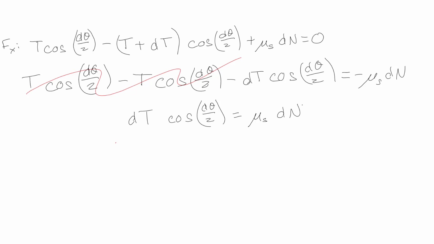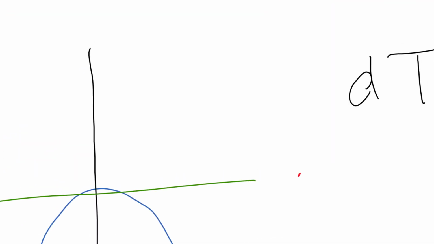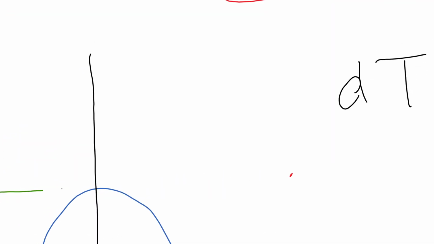Okay, now at this point, you're like, I don't know what that does. So one of the things that we do here that's kind of neat is think about what happens. If I look at a graph of cosine, it looks like this, right? And the height of cosine we know maxes out at 1. Now if I zoom in on this, as I get itty bitty, and not only itty bitty, itty bitty divided by 2,